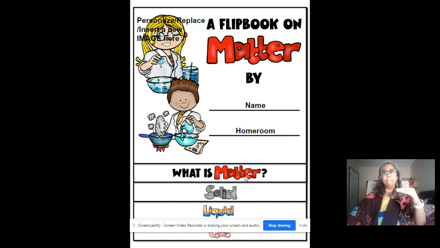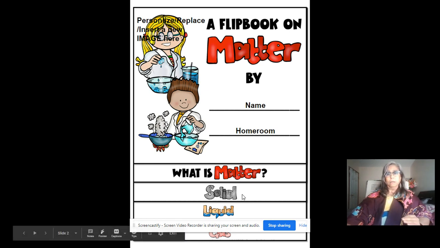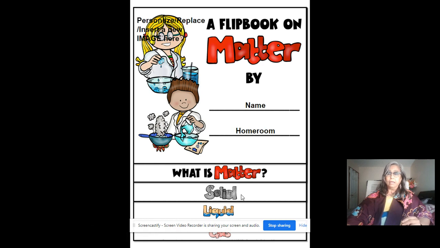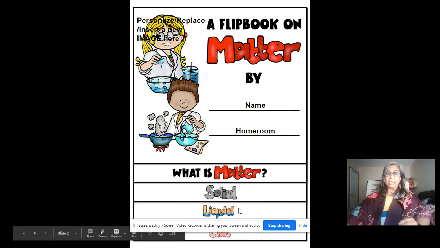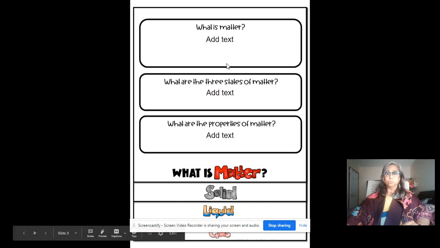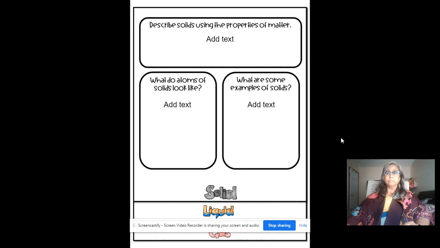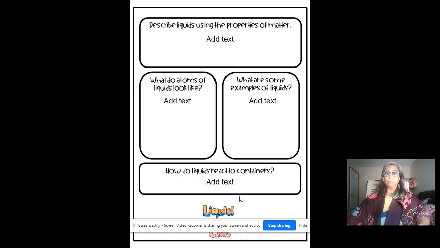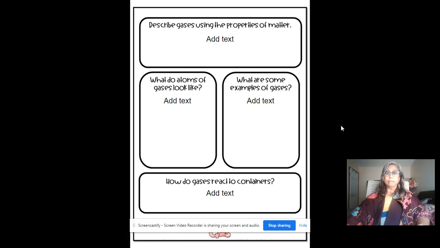Now you can see the pages now of your flipbook. So on what is matter, and then we just concentrated on the 3 usual states or phases of matter: solid, liquid, and gas. So those would be the questions on what is matter. And then something about the solid page, right? So you're going to add text. You can get information from the internet, but then make sure you are using your own words. So about the liquid, same thing. And then